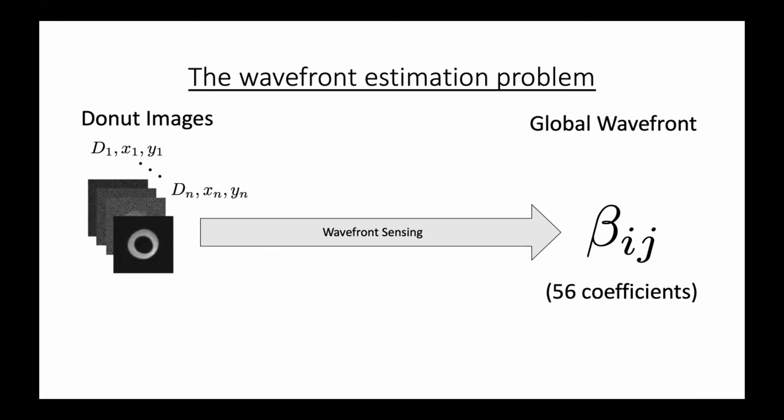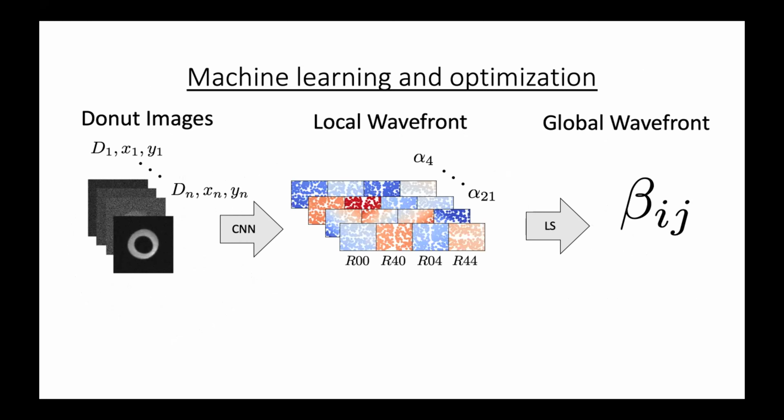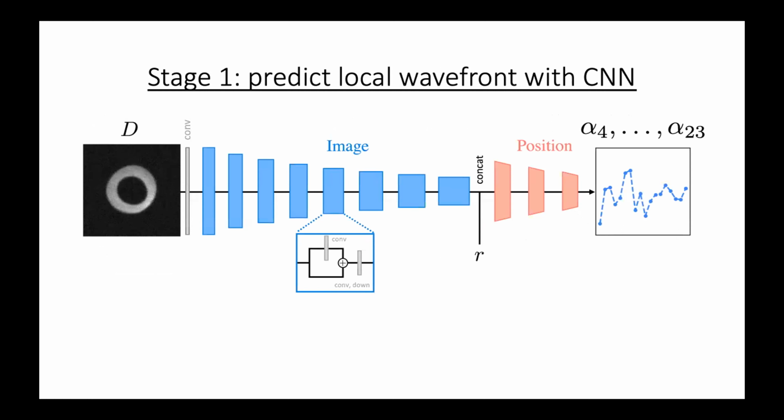And the breakthrough in our work is that we split this into two highly tractable pieces. In the first piece, we use a CNN to make a local wavefront estimate from a single donut image. Then we aggregate all of those and constrain the global wavefront coefficients with least squares. Okay, so in the first stage,